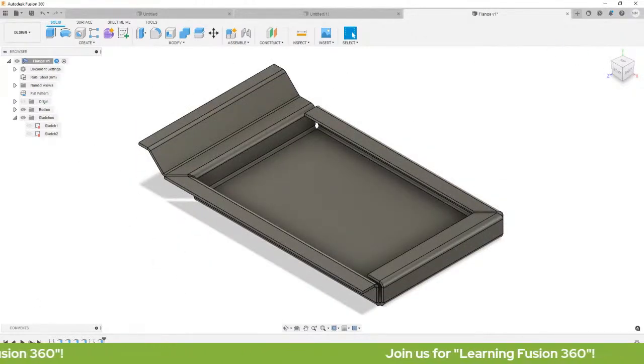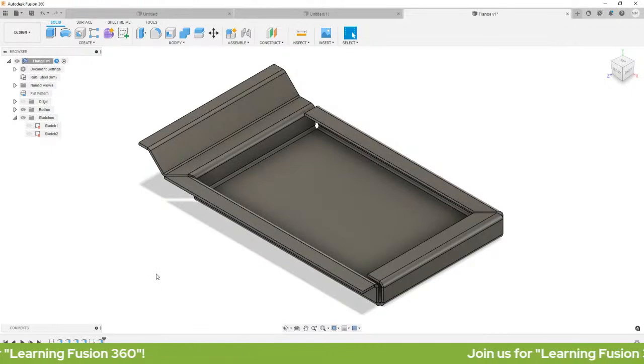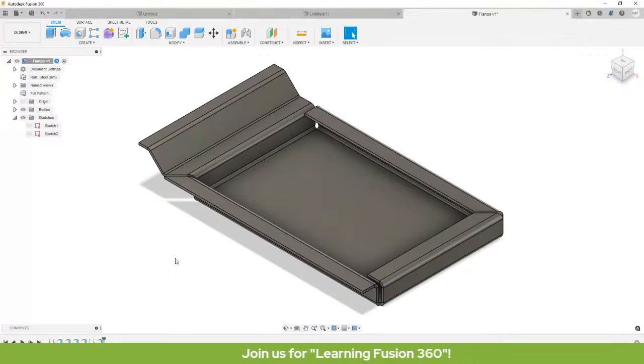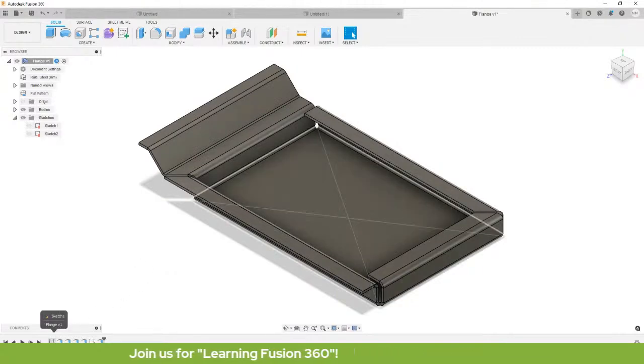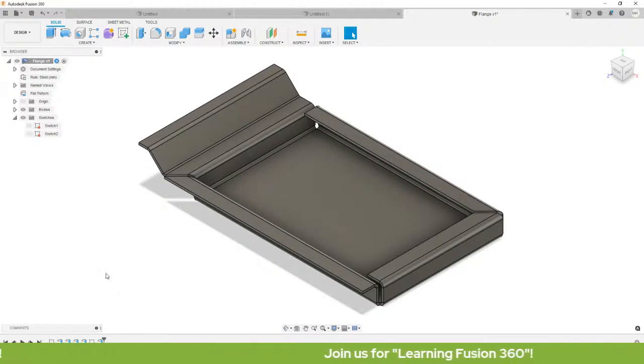So next here is our timeline. Ito sa pinakababa. So sa timeline, it lists operations performed in your design. So you can right-click operations in the timeline if you want to make changes. So dito sa timeline, lahat ng pagkakamali mo, pwede mong balikan.